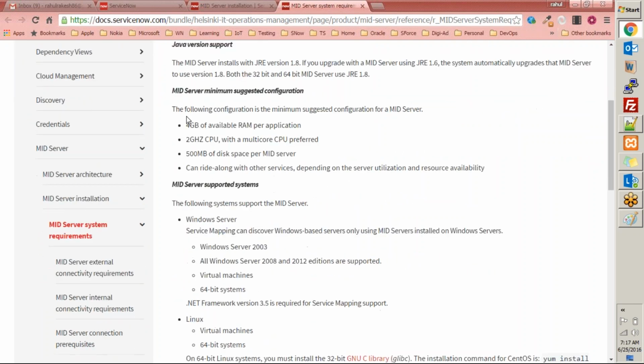right? Now let's see the minimum hardware configuration required. It will require 4 GB of available RAM per application, 2 GHz CPU with a multi-core CPU preferred, 500 MB of disk space per MID Server, and can ride along with other services depending on the server utilization and resource availability. Meaning you can have other applications also installed on the MID Server system, depending upon the server utilization by other programs and MID Server and the resource availability of the server,